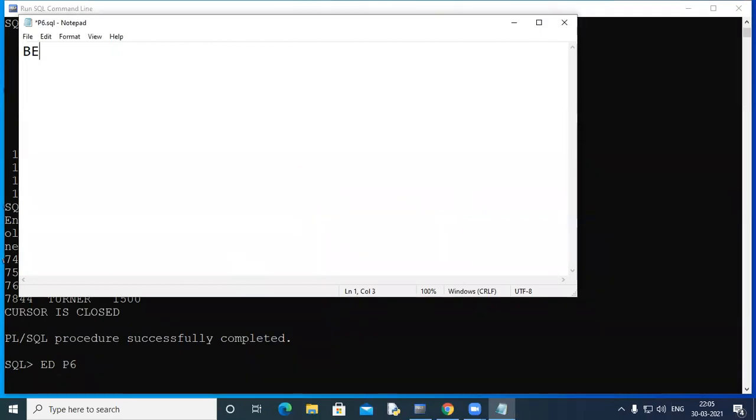Let me write some statements here. Simply begin, and what should I write here? Okay, let's write an update. Be very careful. This is easy, but just have a quick look at it. Tell me what this will do. Update emp set sal equal to sal plus sal star, amper slash 100, where department number equal to ampersand DN.